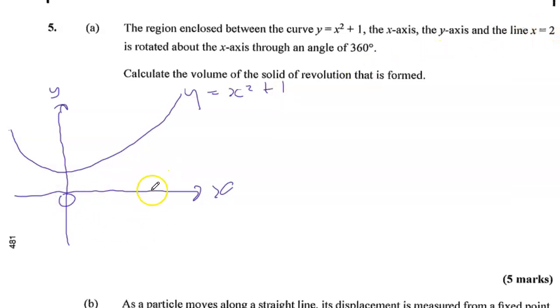The line x equals 2 will be this line. So this is 2. The line x equals 2 cuts the x-axis at 2. So this is the region in question, bounded by the curve y equals x squared plus 1, the line x equals 2, the x-axis and the y-axis, as a shaded region there. So the formula for volume